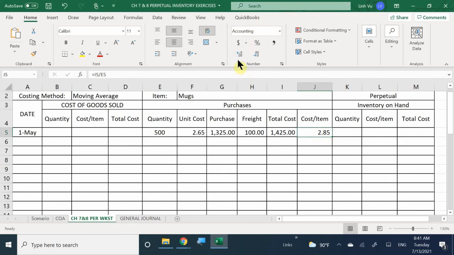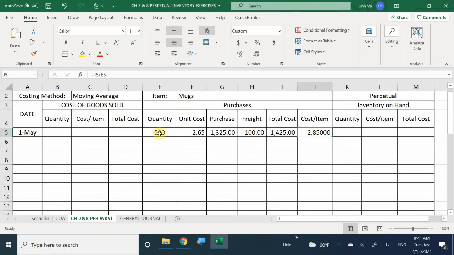$2.85. Okay, I'm going to go like that so we know that it is an even number. Now, how did you get that? How did she get that again? It's your total cost, the $13.25, by the quantity. No, not $13.25. The unit cost. Not the unit cost. It's the total cost